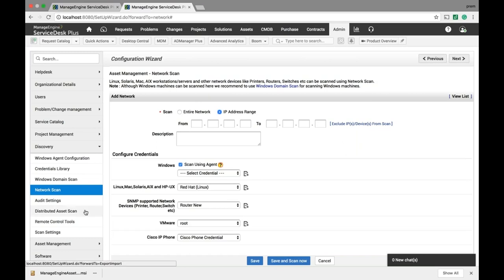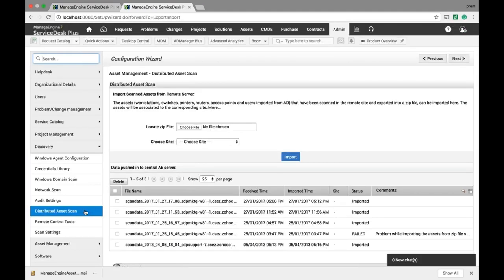Let us take a look at distributed asset scan. Sometimes you may have offices in remote locations that are completely not connected to your headquarters. So that is where distributed asset scan will help you. The distributed asset scan will deploy a probe in the remote office and the probe will do all the scanning